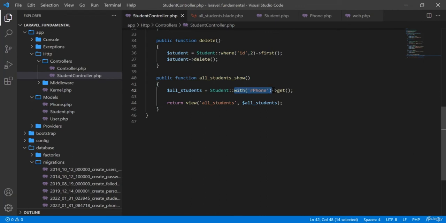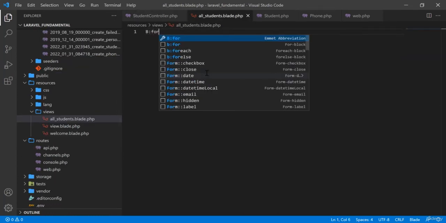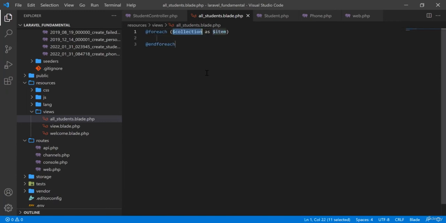So your task is done. I can now call this straight, sorry, here not allStudents, here it will be compact, this way. Okay, so allStudents, I am going to copy this, and in your view, allStudents as item. Now I want to show the name of the student, so item name, then br. After ending the loop iteration I am going to use a double br. Okay,